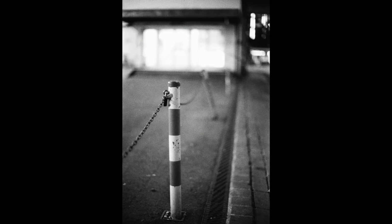The lens produces light blobs in the lighter areas of the frame, and this is also kind of contributing to its character, and many people really like that you have these blown out blobs and highlights in the background. The lens is also not particularly sharp, especially when shot wide open,